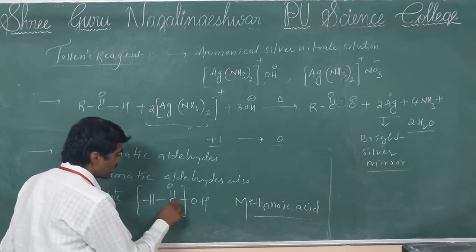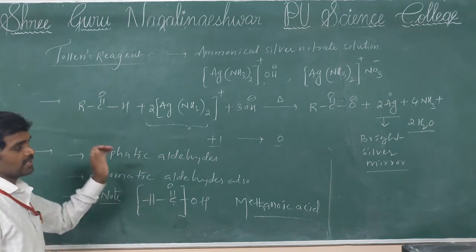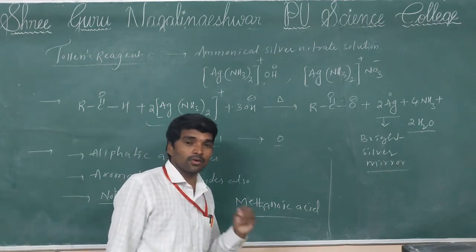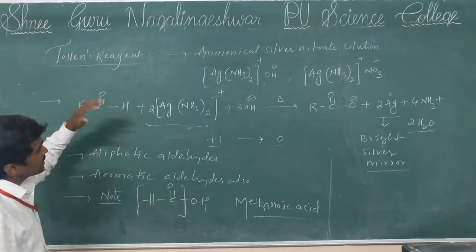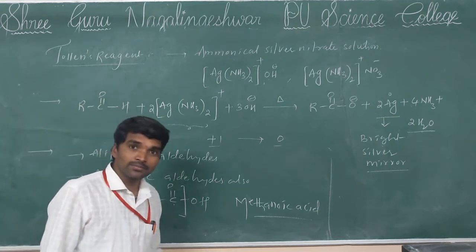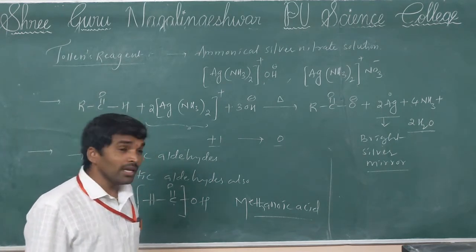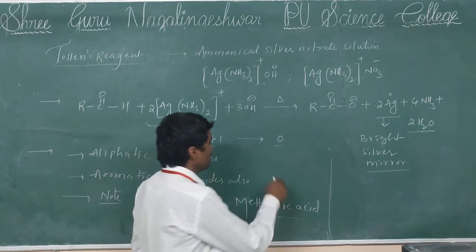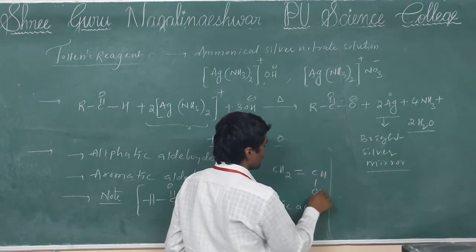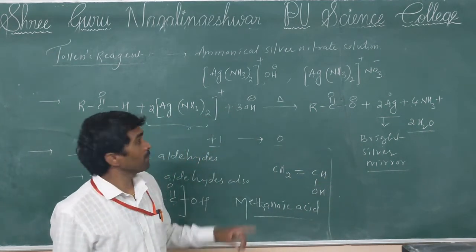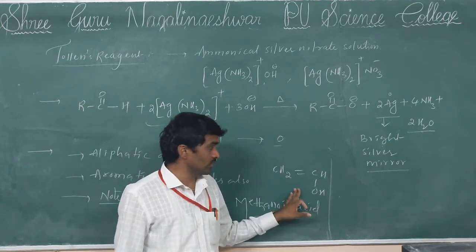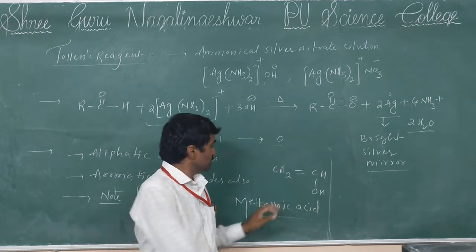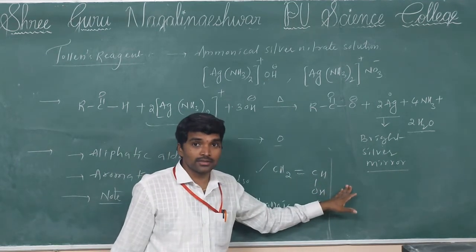Why? Because see here, the aldehyde functional group is present. Okay, right. And it's a very important thing for competitive level. This Tollens test is applicable for enols also, enols, that point to remember. For example, CH2=CHOH also gives the positive test. Why? Because this enol means vinyl alcohol here. See, this compound undergoes hydrolysis, then formation of aldehyde.